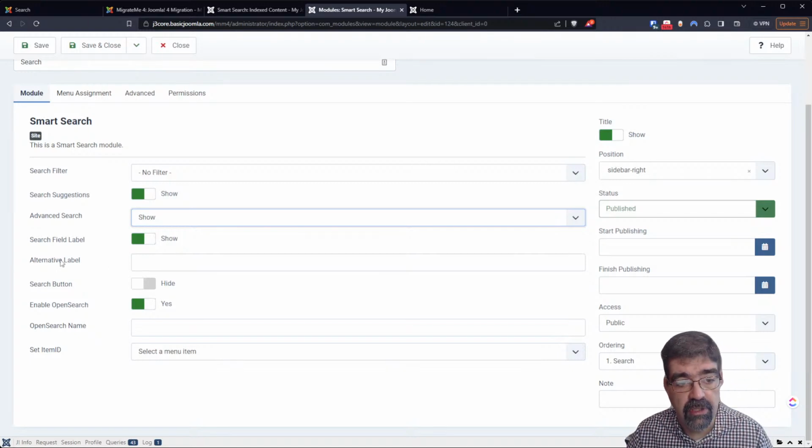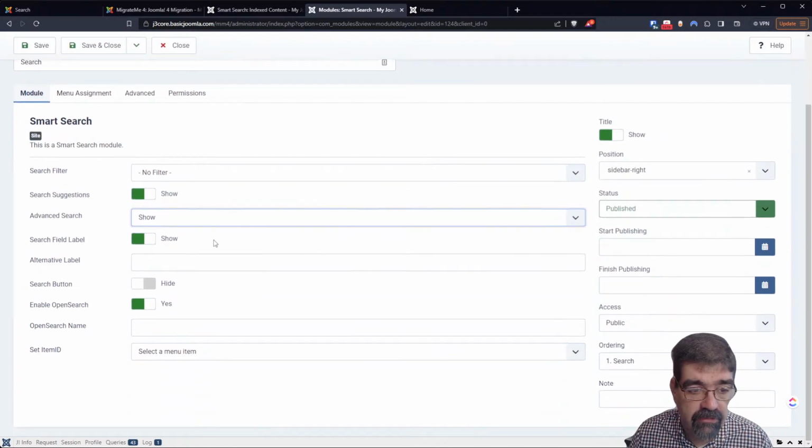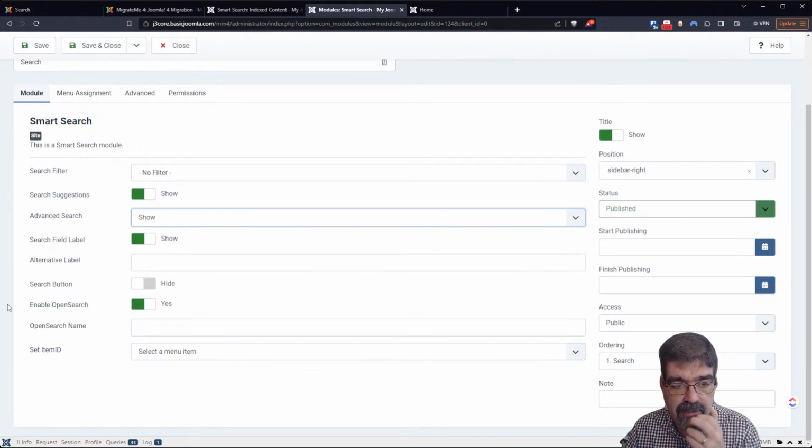Show an alternative label, all right, and an open search name. Basically, the open search name is that you can turn your site into its own little search engine and present the links for people that are coming to it. And it's another way of your site, of your links being found, I think. In fact, we don't have a teaser there. I have looked this up online before